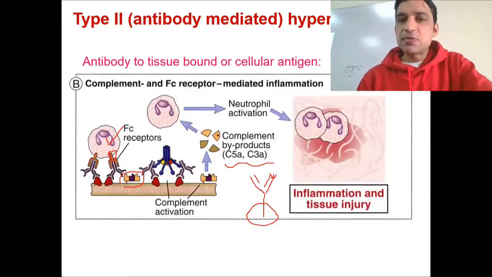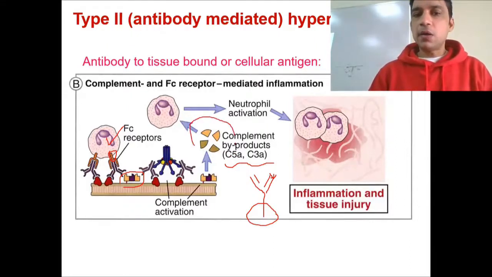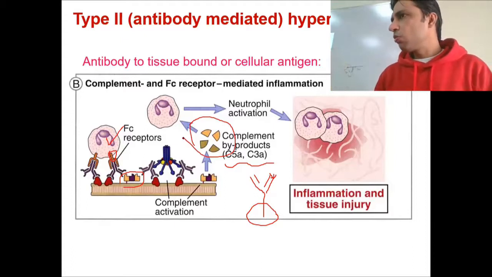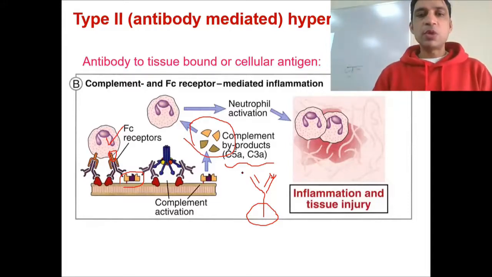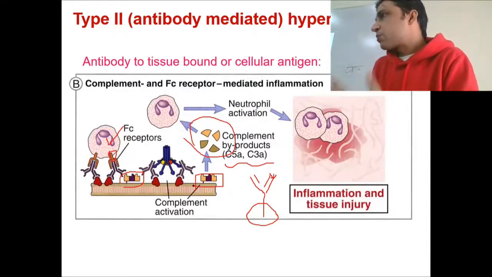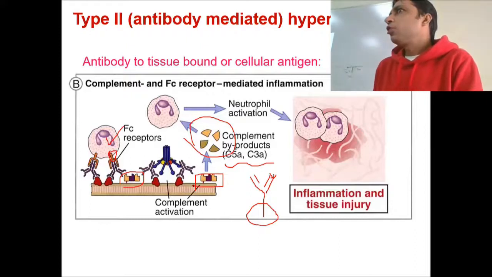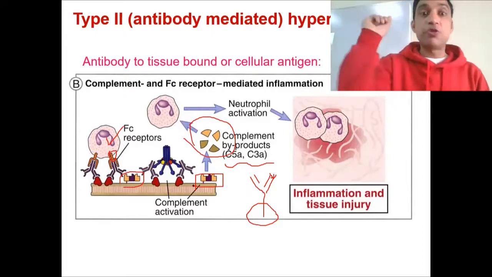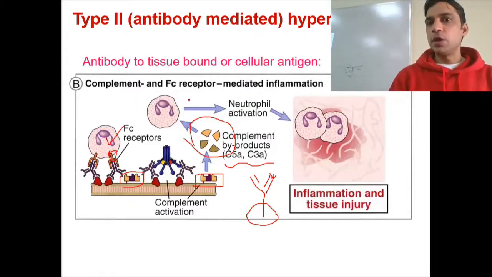Now those little fragments, which are called as complement byproducts, might be new to our immune system, because our immune system is familiar with this antigen in this form. During the antigen antibody reaction, that stuff is broken down. It gives smaller fragments. The smaller fragments might be new to our immune system, and that can touch and trigger the immune cells. Particularly, it can activate the neutrophils. So then neutrophils start doing their job.